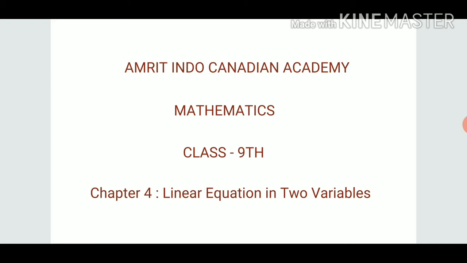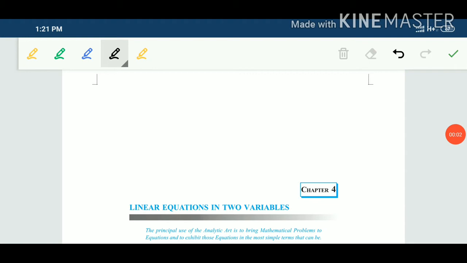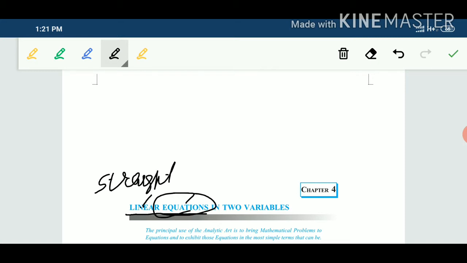I'm Papinder Singh. Today we are going to discuss our next chapter, chapter number 4, linear equation in two variables. Start from the name of the chapter, linear equation. Linear means straight, equation means the algebraic expression along with the equality sign. So linear equation is the equation